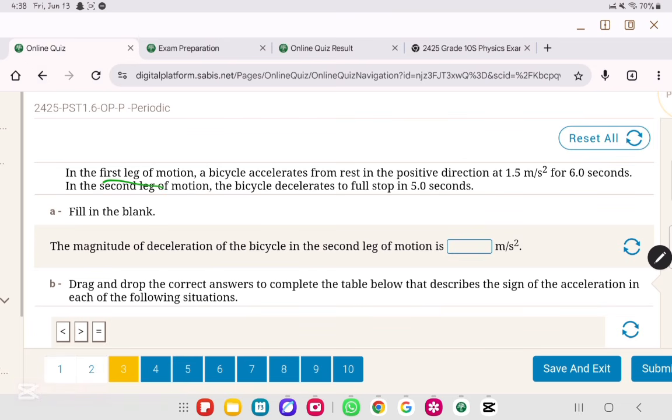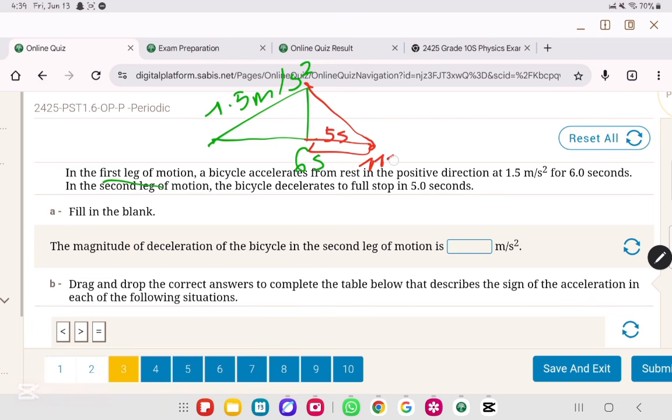First leg of motion, bicycle accelerates from rest. So let's say rest is here. It accelerates at 1.5 meters per second squared. So this is the slope for 6 seconds. So the time taken was 6 seconds. Then in the second leg of motion, he decelerates. So he's going down and to a full stop in how many seconds? In 5 seconds. So it took 5 seconds, but the total time is 11 seconds because it's 6